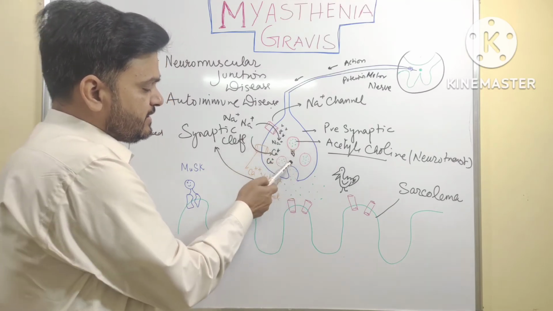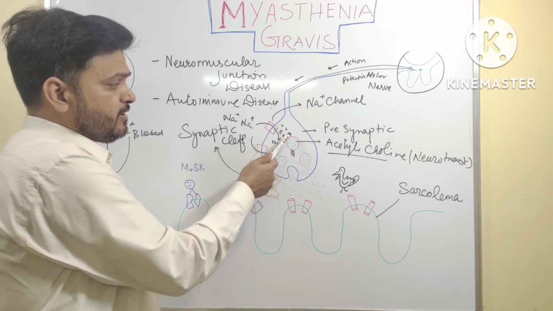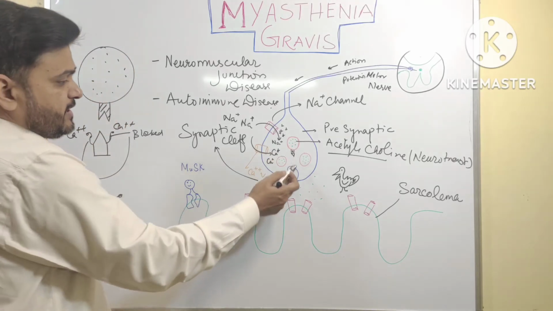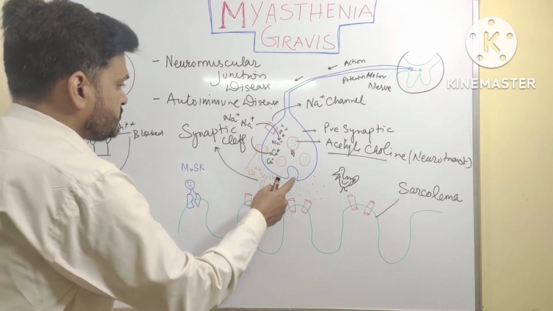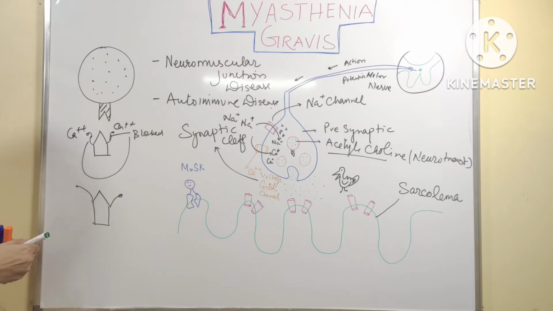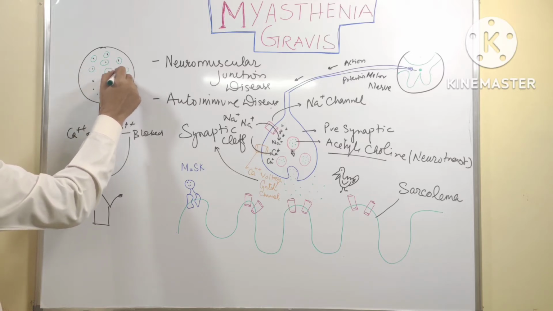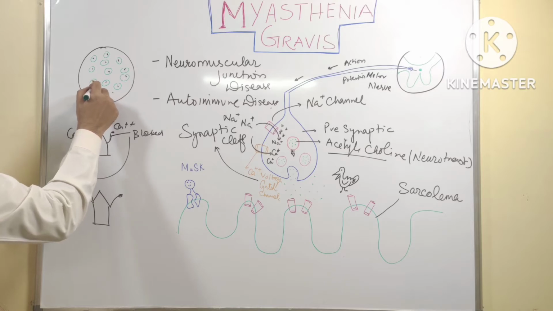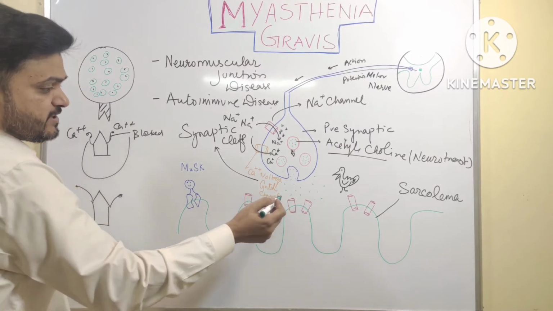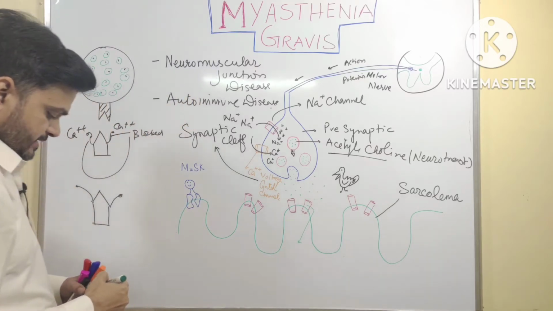You can see a protein here, which is attached to the membrane of the vacuole. Its function is that it has to be attached to the neurolemma of the neuron. To understand that, if we magnify this a little, it is again the vacuole consisting of lots of, these are nothing but acetylcholine, right? These are bubbles of acetylcholine or neurotransmitter which has to be released at the terminal end, or we can say the synaptic cleft, where we have so many structures which you can see, these are nothing but